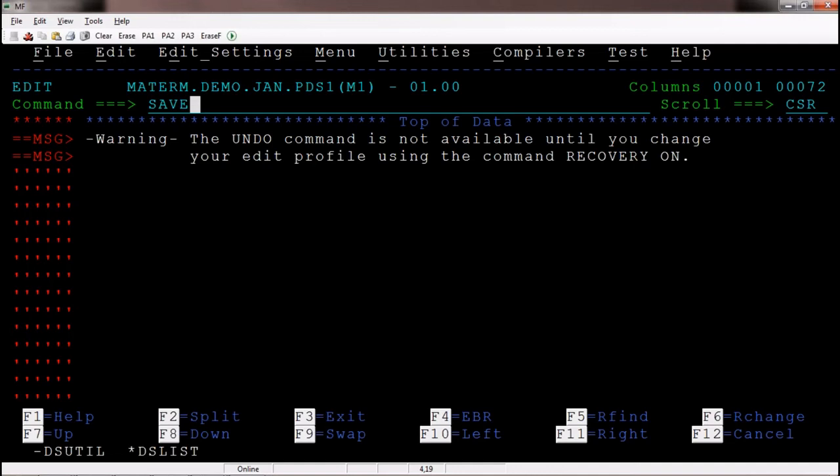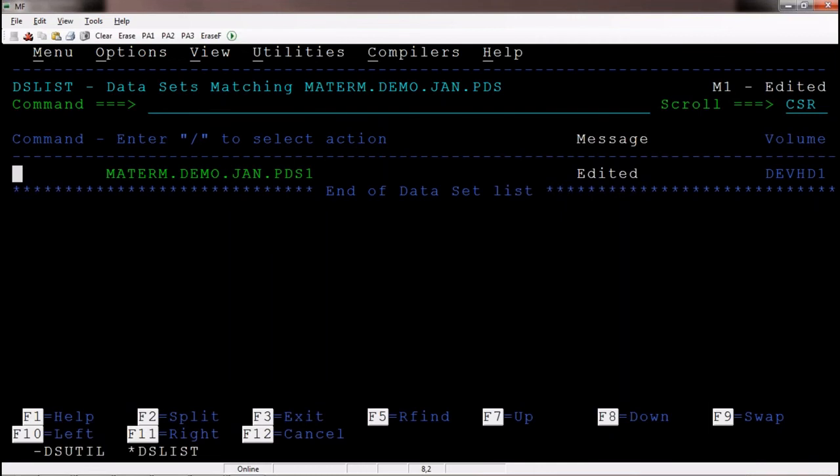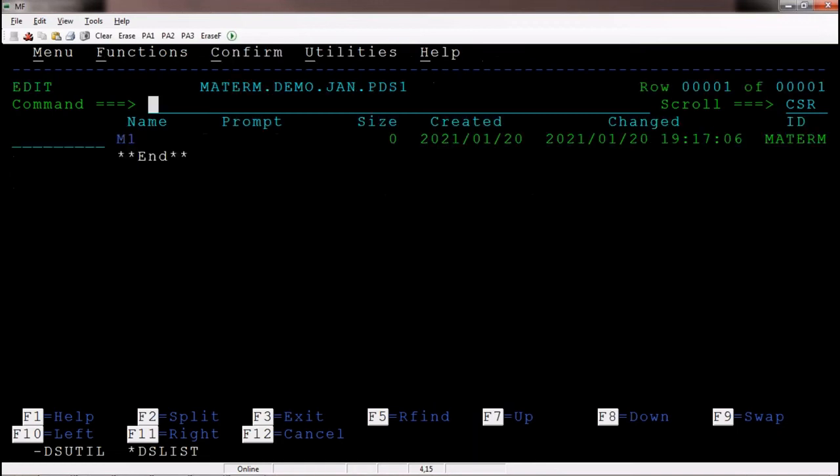Save it. To save the member, we have to execute the save command. We will discuss in detail what the primary commands within a data set are in another video. At this moment, we are discussing how to create a member. After creating a member, just save it. So press F3 to go back. Now member 1 got created. How can we see whether M1 is there or not? Now inline command, we can type E. E means edit. Hit the enter.